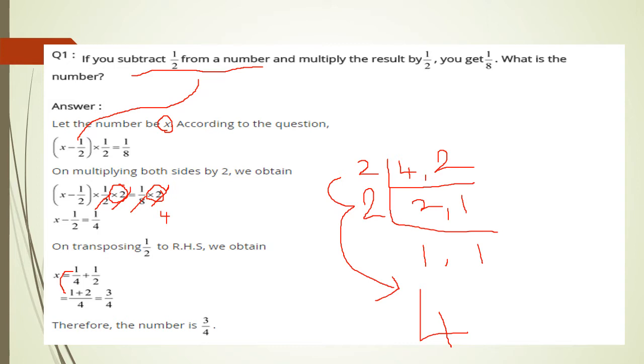See here, they said subtract half from a number. That means we got the number as half. Here 3 by 4 is there. 3 by 4 and three quarters. Half of that, 1 by 2 means half. Half of a quarter gives 1 by 4. Then 1 by 4 is multiplied by 1 by 2. That means 1 by 4 into 1 by 2 means 1 ones are 1, 4 twos are 8. So we get 1 by 8. Correct, no, children? So our answer is right. Now let us move on to the next question.